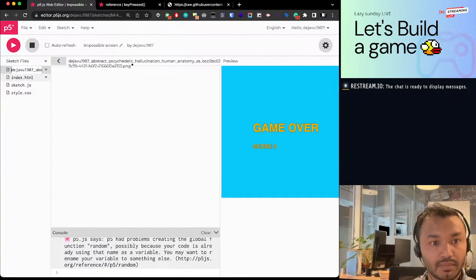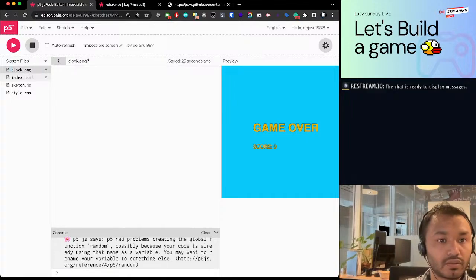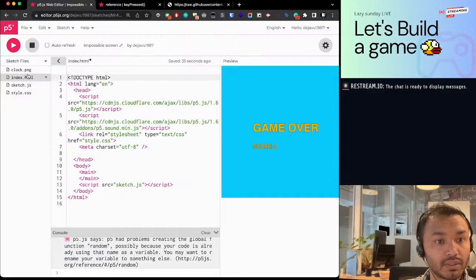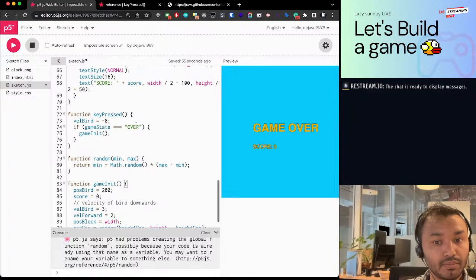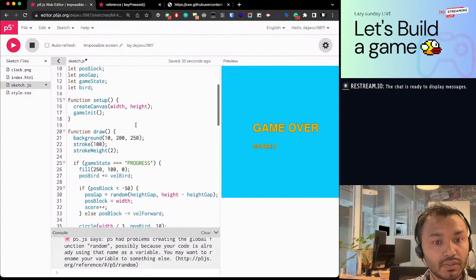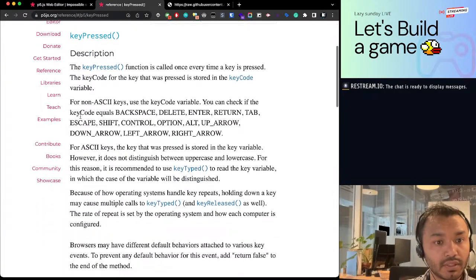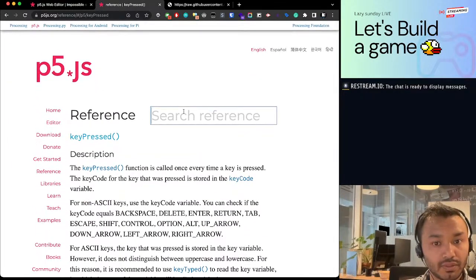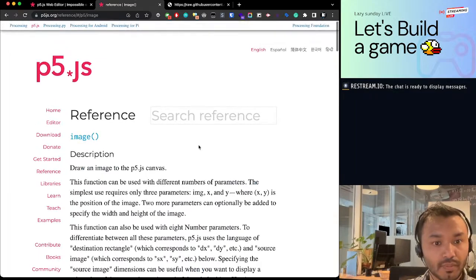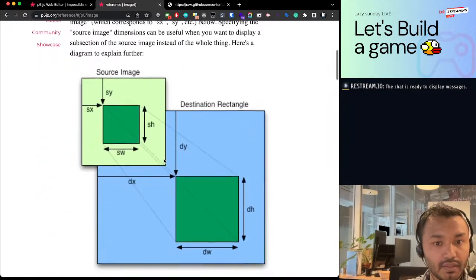This is clock.png, and I don't remember how you import image files, so let's go to the reference and maybe search for image,